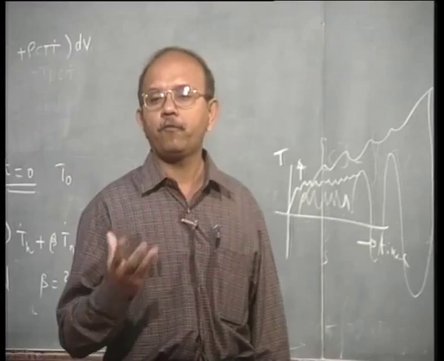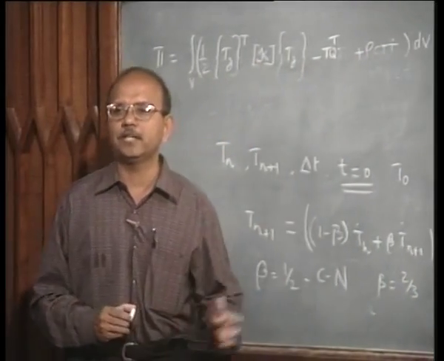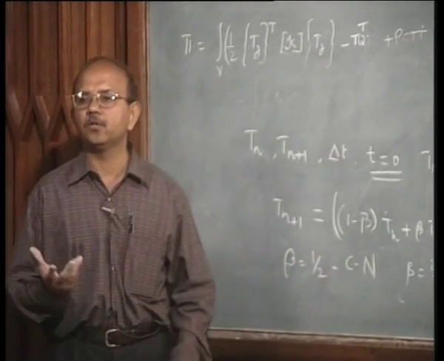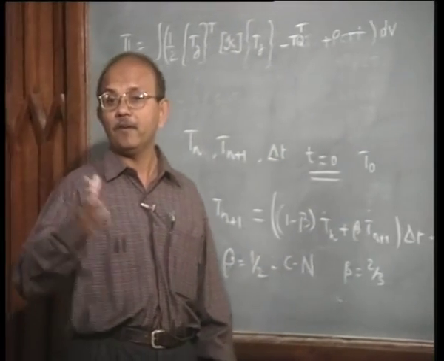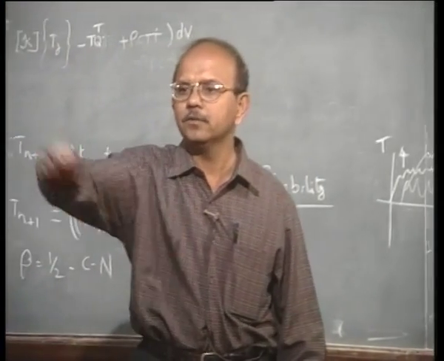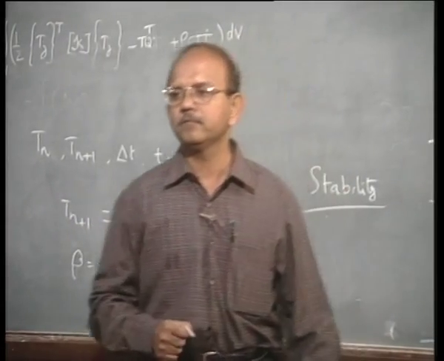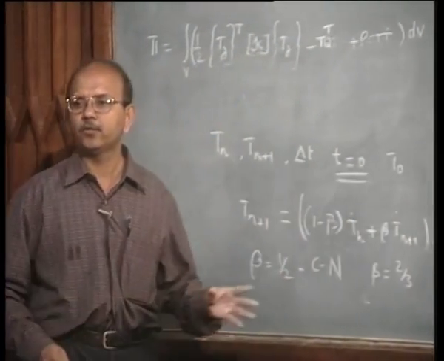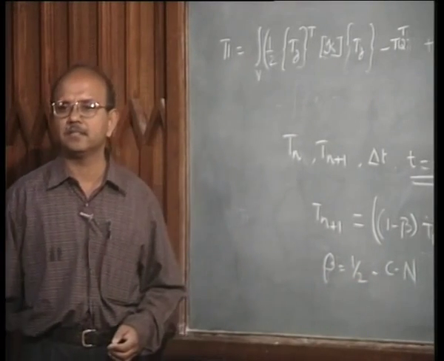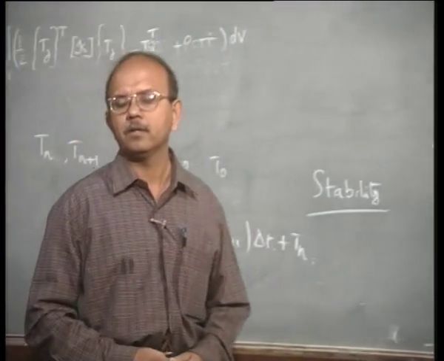Before I go further, one of the things that you would immediately conclude is that I will take beta equal to 1 all the time, away from that line that you have drawn at beta equal to half. Why should I go to beta equal to half? In fact, you told me that beta equal to half is very popular and called it the Crank-Nicolson scheme. Why should I go there? Why not go to beta equal to 1?